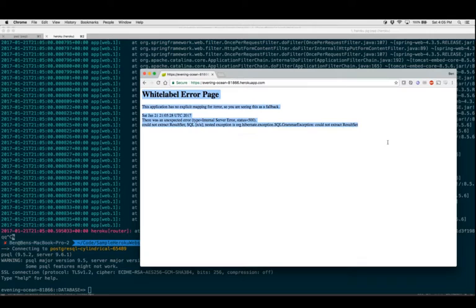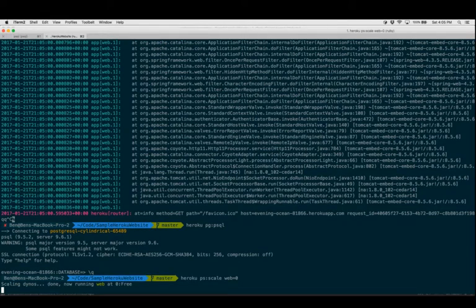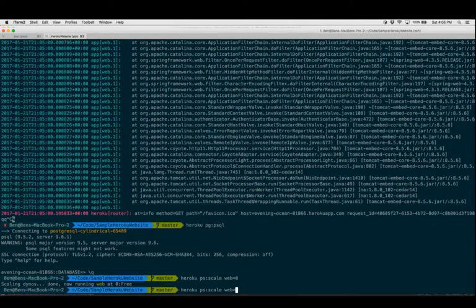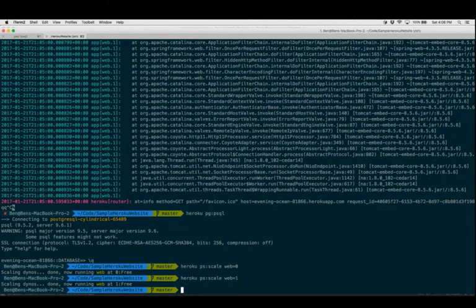So essentially, we need to redeploy our application. The way we can do that is say heroku ps:scale web=0. So this is going to scale our number of web dynos down to 0, so that our app isn't going to run anymore. Essentially, we're restarting our application. Right? So once we set it to 0, we refresh this page, and we get a totally different error, which is just a Heroku error, which basically means that our app isn't running. Right? So if we scale that back up to 1,